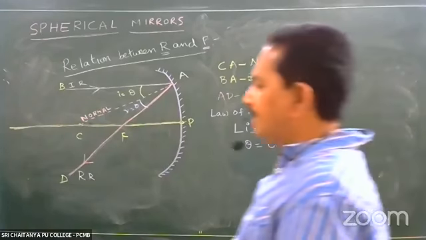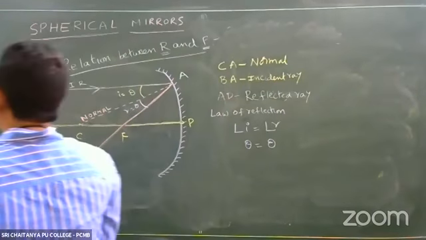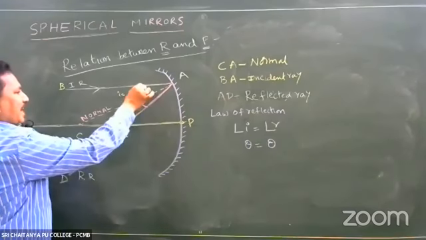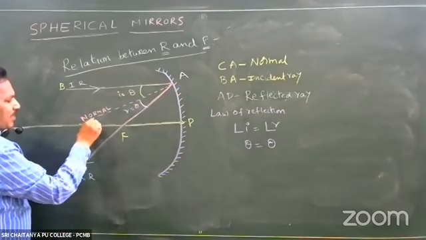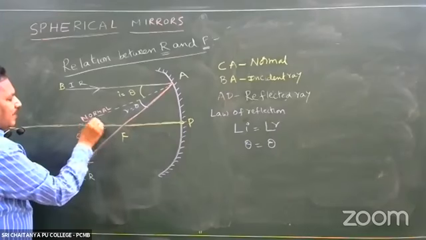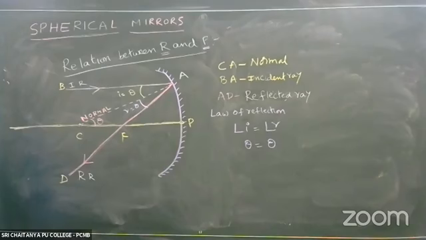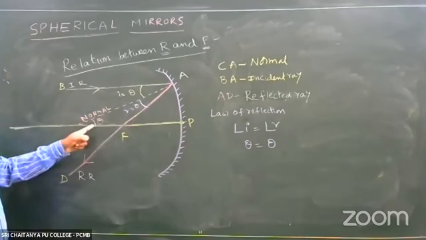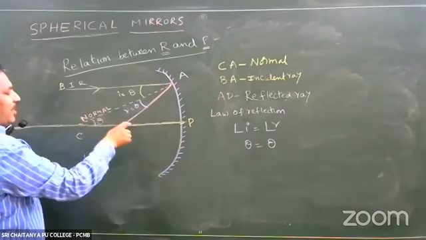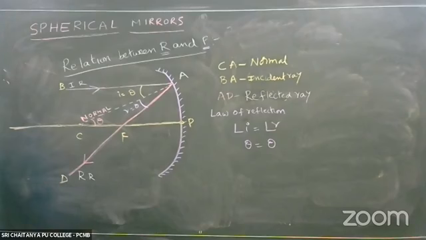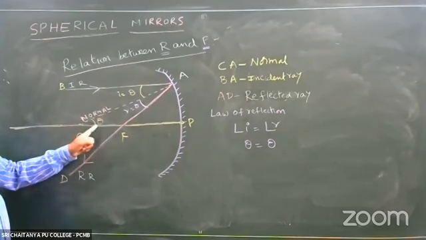Now, from here onwards, mathematics. This is the same straight line. If this angle is theta, this angle is also theta. Why is this angle also theta? Alternate angle. This is horizontal, this is horizontal, and this is a straight line. So with the horizontal, it will make the same angle. If this is theta, this is also theta.